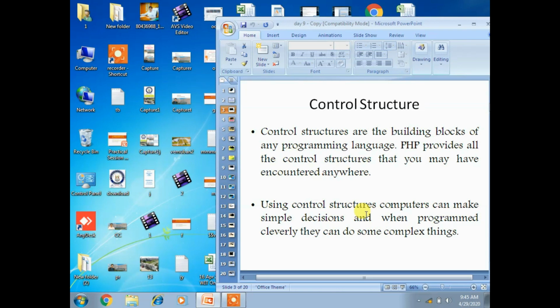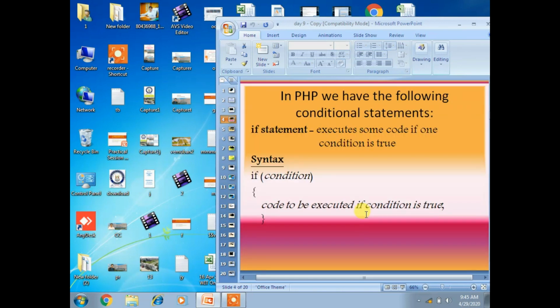Okay, let's move on to the topic. The first conditional statement is the if statement. The if statement executes some code if one condition is true. Consider the syntax: if, condition.